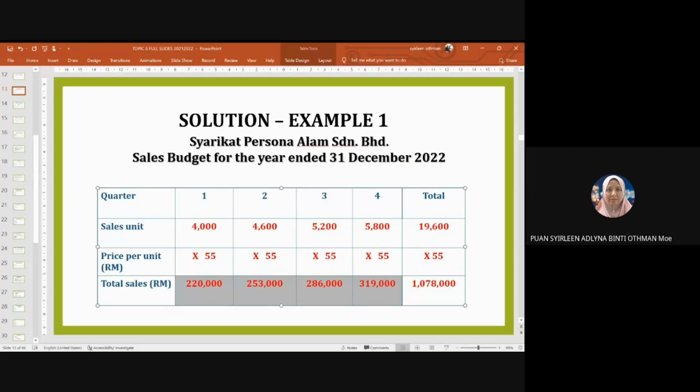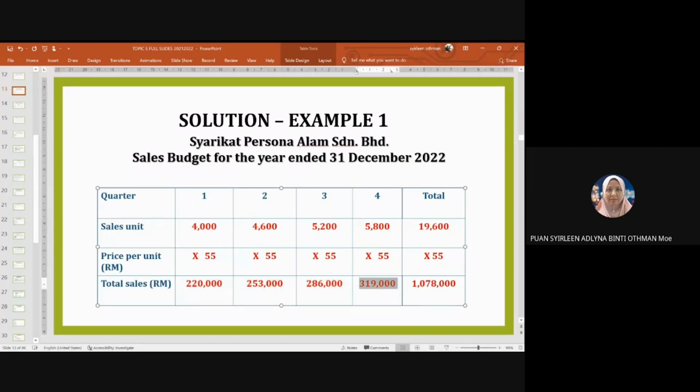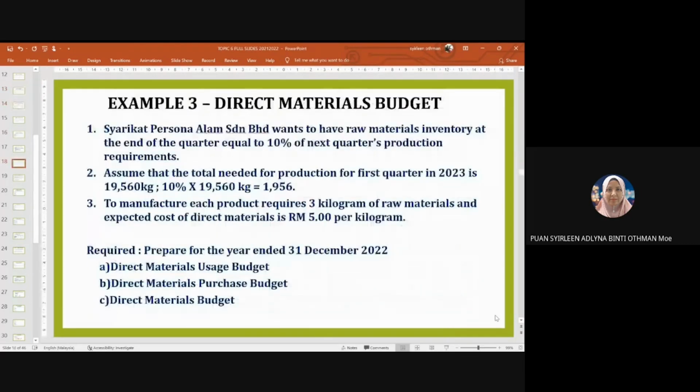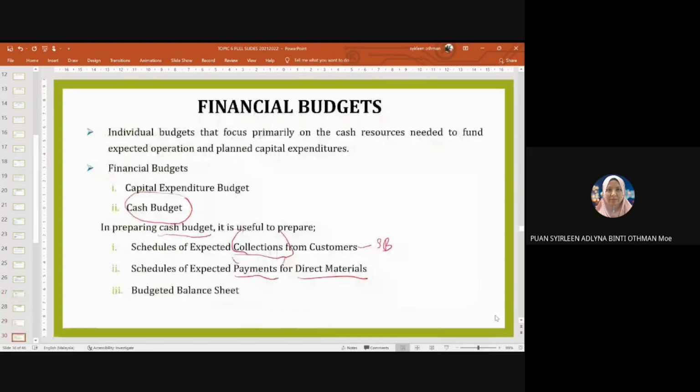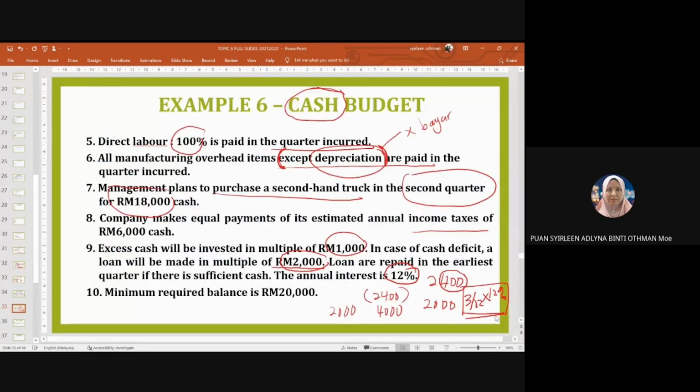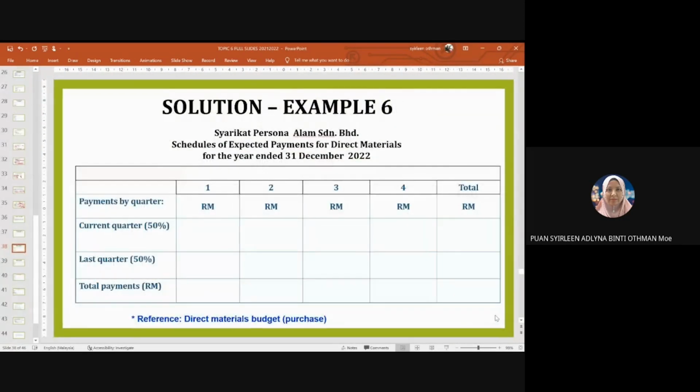Okay, so you need to, kalau awak guna nota tu, you just cabut nota tu letak tepi. So you need to refer to your sales budget. At the same time, you need to refer to your schedule of receipt. Okay, okay. So we are here. Okay, now